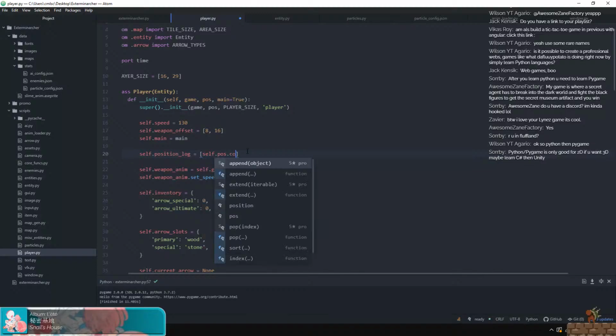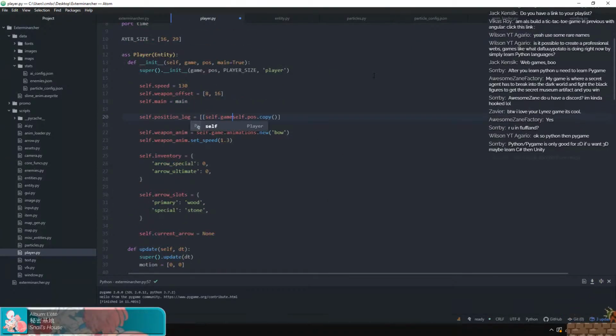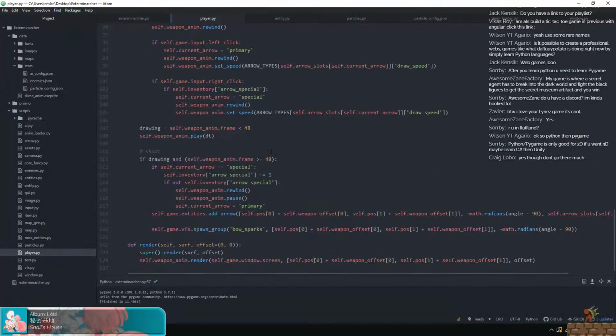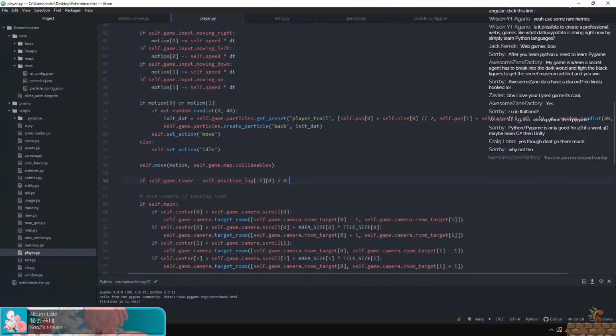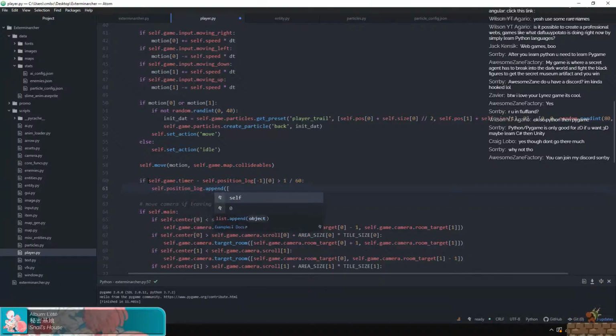Self dot position dot copy. Oh wait, no. It needs a time. Self dot game dot timer. This is so I can keep track of the delay. So if the timer minus self.game.timer, I guess I need to swap these. It's more than 6. Wait, no, more than 0.05, so 1/20th of a frame. I can log another one. Maybe. Wait. I could go by 60. That would be 1 divided by 60. Self dot position log dot append self dot game dot timer